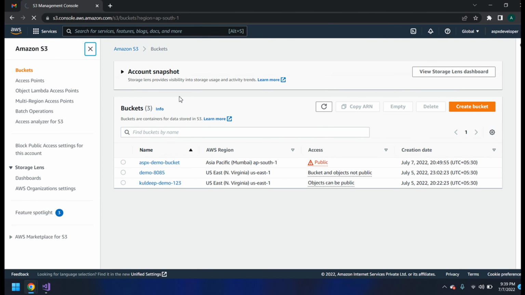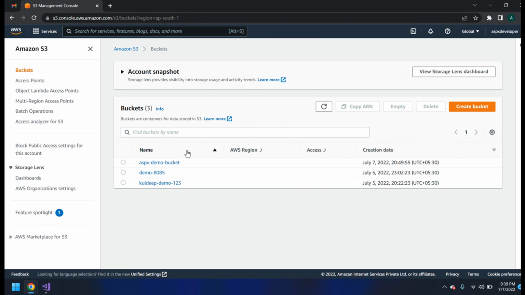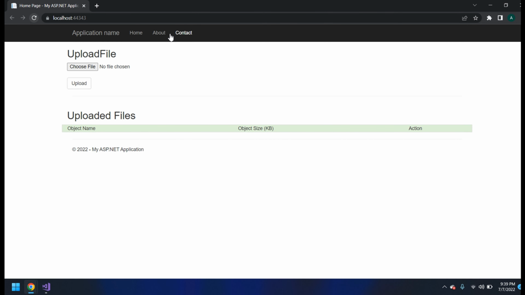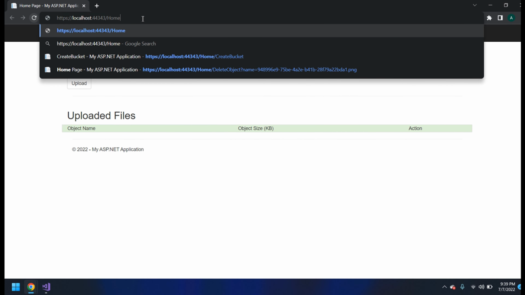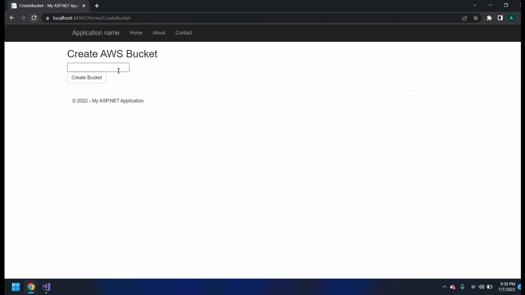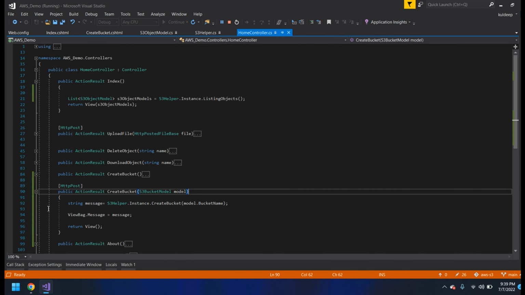So here you can see there are only three. I'm refreshing. Right now there are only three buckets. I'm going to create one bucket. So I have added one controller for create bucket, and I'm going to give a name ASPX demo hyphen 1245 1234, and if I apply the breakpoint over there,